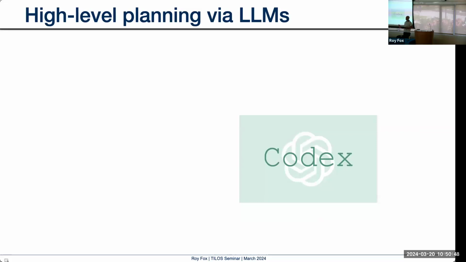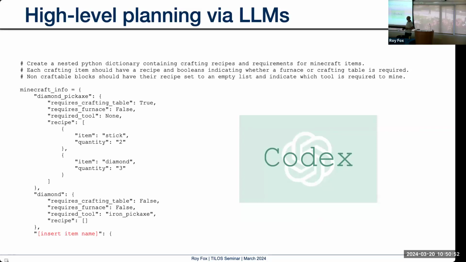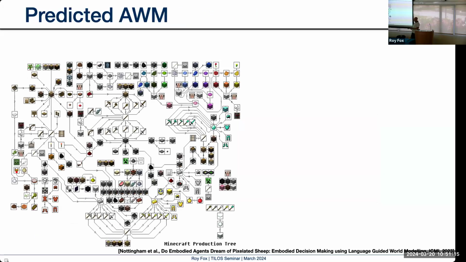We're really going to brute force it, right? So we're going to feed this prompt into this big language model and ask it, can you please, in this very structured language, build this graph of what it might look like to make a stone pickaxe? What are the steps towards that? Can you tell me what quantity of items I need and how to put them together to make a stone pickaxe? And so it outputs something like this, right?